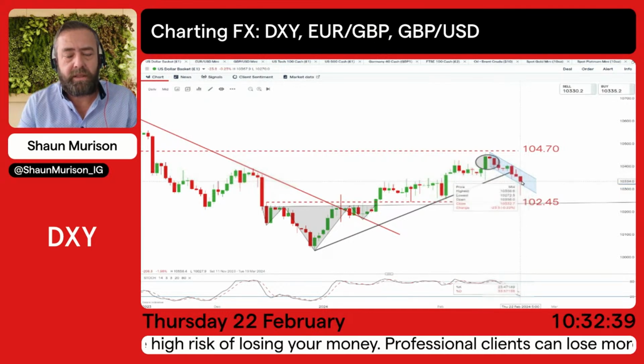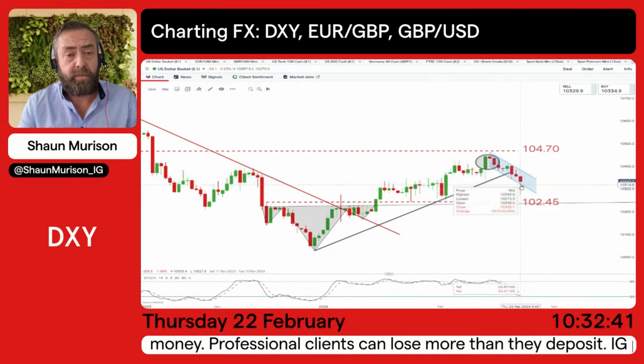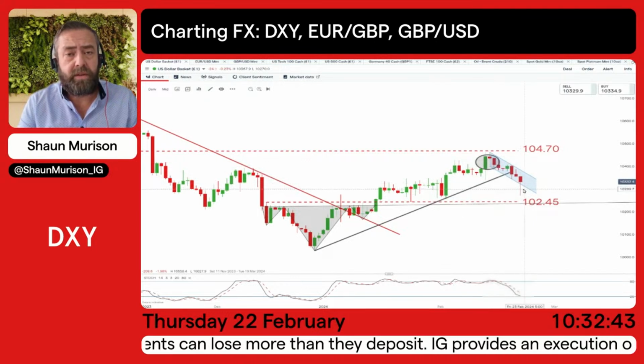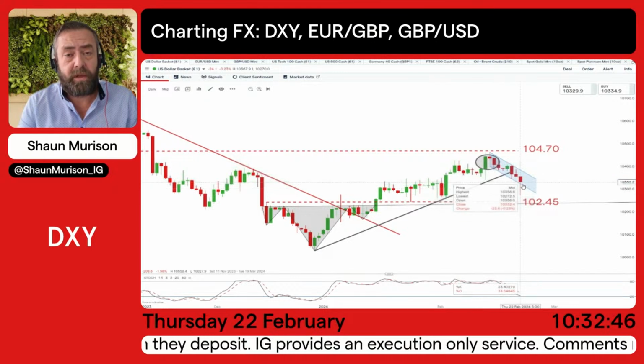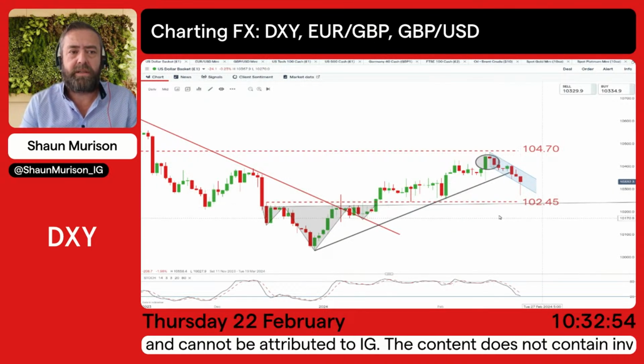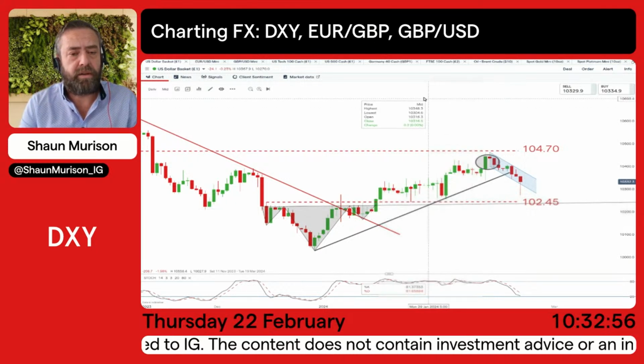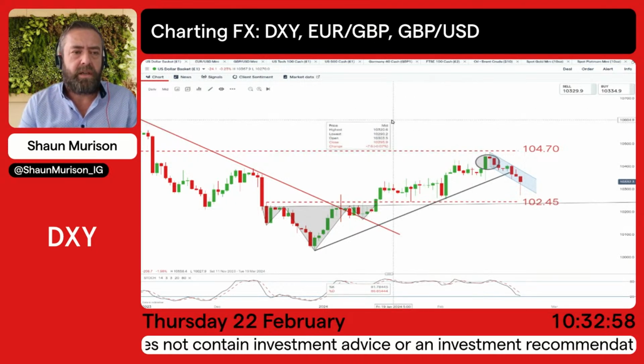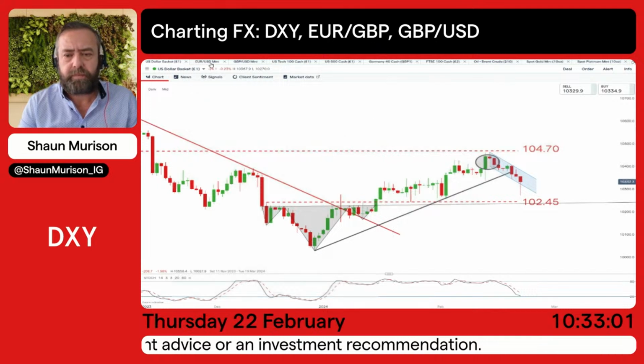That would be null and void if today's candle gives up the ghost and starts closing and trading back below the lower end of this flag. If we have a lower close below that flag support, then we start targeting a move back towards 102.45, and we'll see how the price manages that level to decide our next steps on the dollar index. Now, looking at the euro dollar,